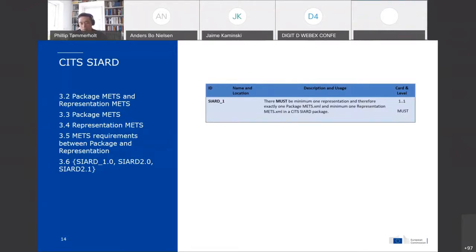The SIARD specification has requirements in these six chapters, as you can see to the left on the screen. The first requirement is the link between the package METS and the representation METS. So the first requirement is that there actually must be minimum one representation where you can find a SIARD file, because it doesn't make sense to call it a SIARD package if it does not have relational database data in it. And thereby follow, in section 3.3 of the specification, all the related requirements to the main package METS